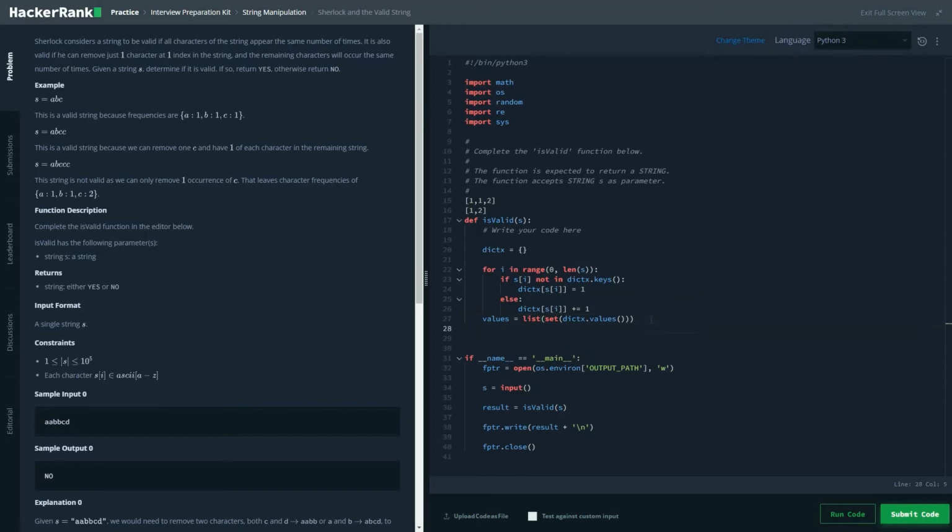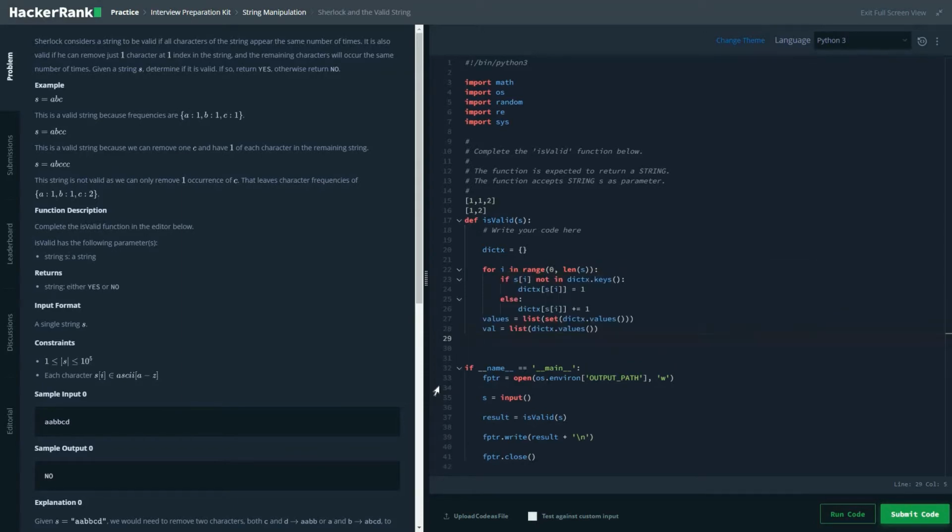Secondly, here we would not be performing the set operation because we want to have the number of values present there. So val equal to, we just want a list of the values. Here we just require that list, we won't be performing the set function. The reason for that I will tell you. So list of dict dot values.